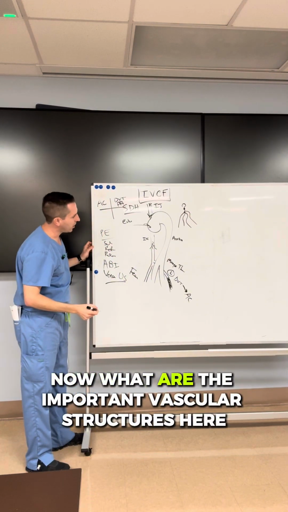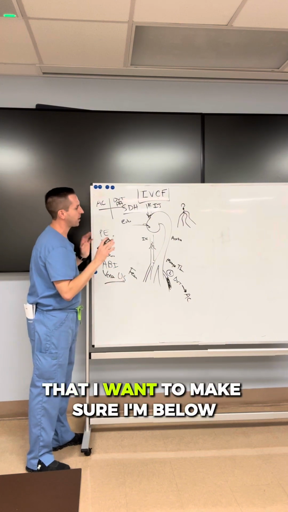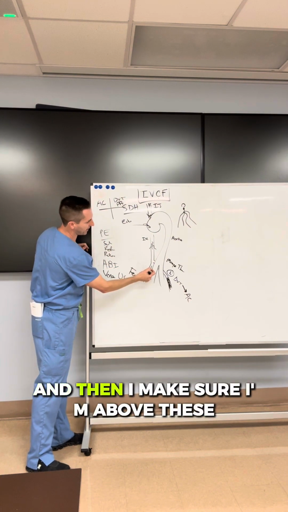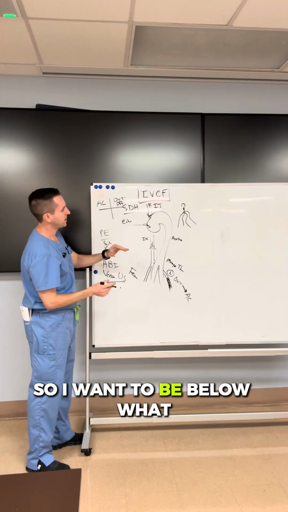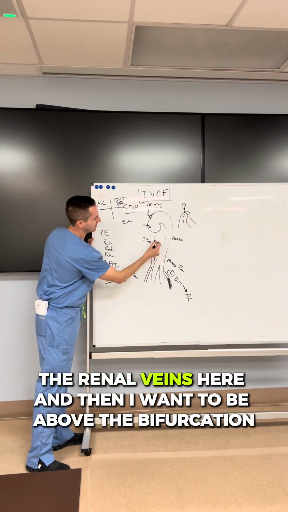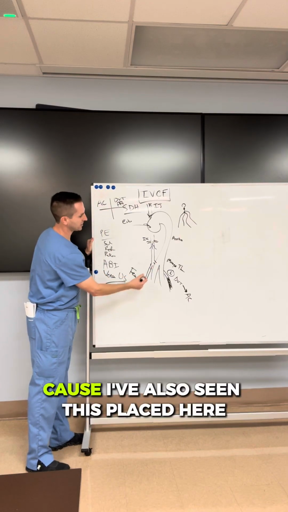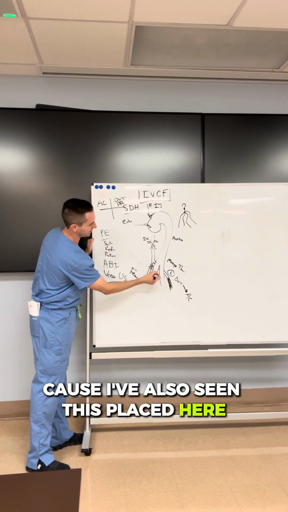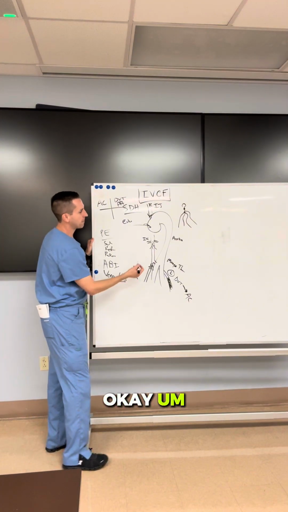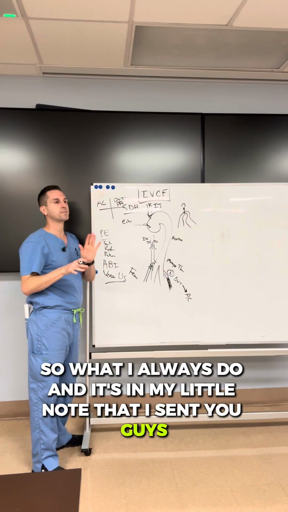Now, what are the important vascular structures here that I want to make sure I'm below, and then I make sure I'm above these? So I want to be below what? Renal veins. Yeah, the renal veins here, and then I want to be above the bifurcation, because I've also seen this placed here, okay? So what I always do, and it's in my little note that I sent you guys,